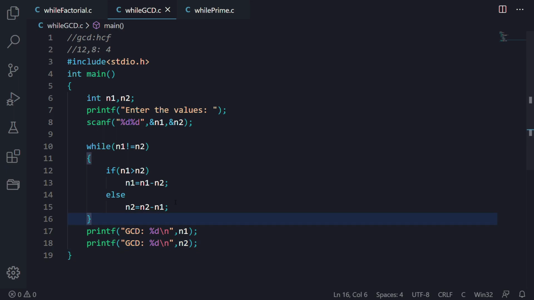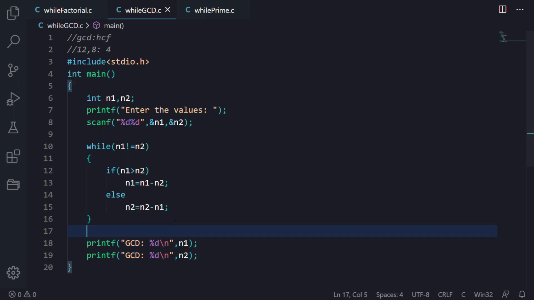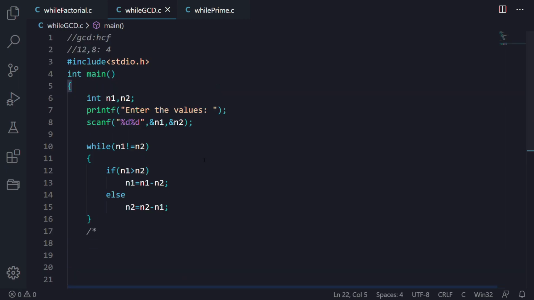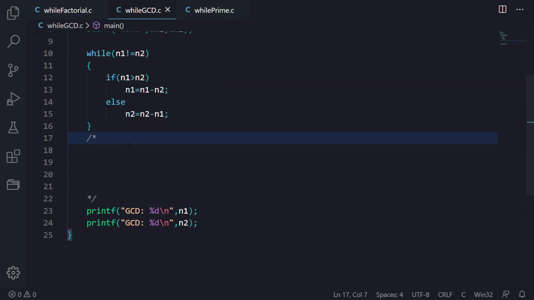First of all, we have taken the value of, now first of all, see what is happening. We have taken two values, n1 becomes 12 and n2 becomes 8. This was what the user gave as input. Now after that it will check, is n1 equal to n2? No, it is not. Then the while loop will be running, because we have asked n1 not equal to